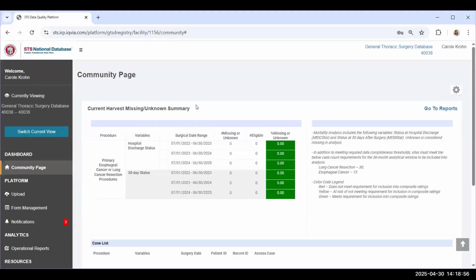This report is updated shortly following the close of the previous harvest. So right now, when we're talking about the previous harvest, we're talking about the spring 2025 harvest, which included cases through December 31st, 2024. Once that harvest closed and the data was bundled up from IQVIA and sent on over to STS, the surgical date range in this report changed to the next,